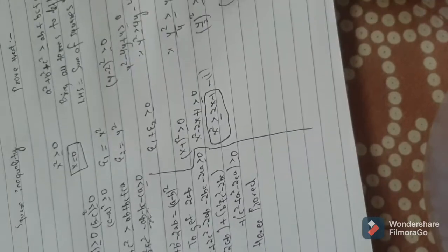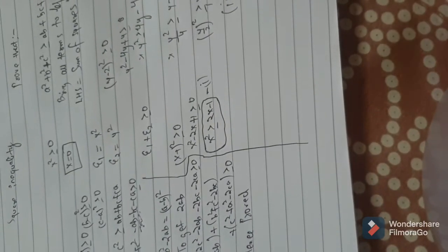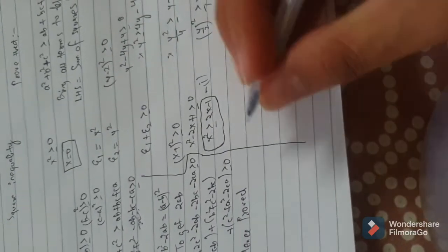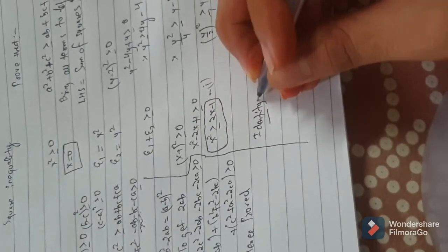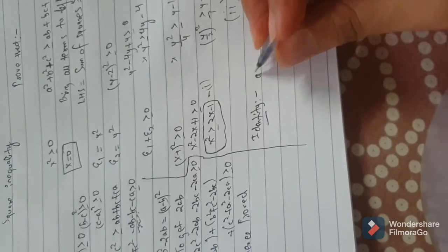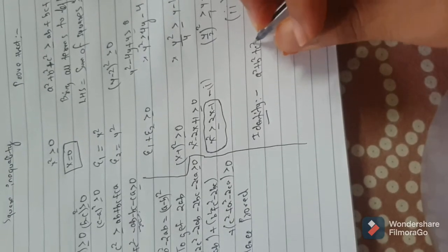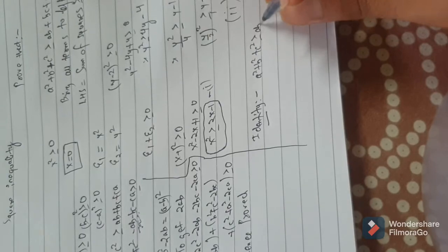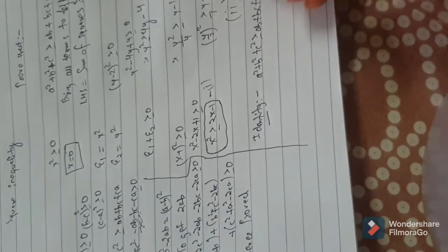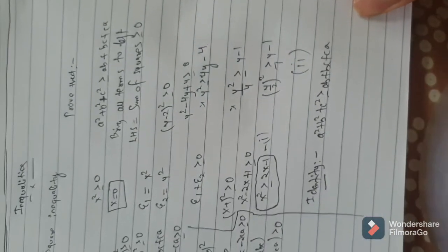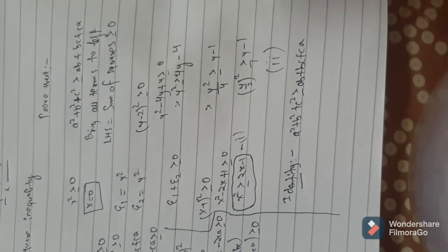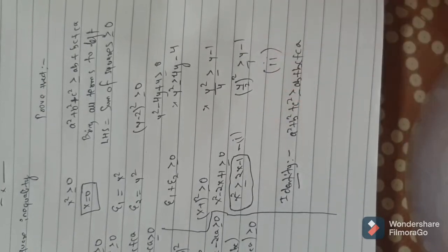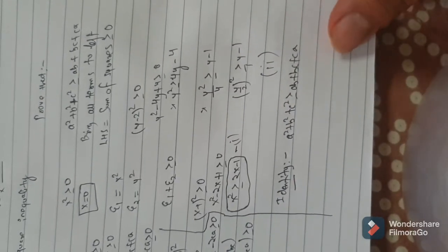Now we can see yet another example on this. So what you can do is you can memorize this identity. Take this as an identity, that always a square plus b square plus c square is greater than or equal to ab plus bc plus ca. This is a very, very useful inequality identity which will be used further.